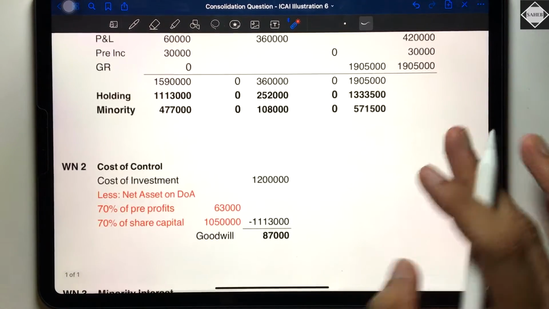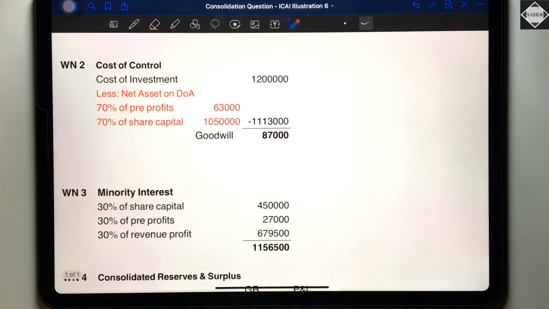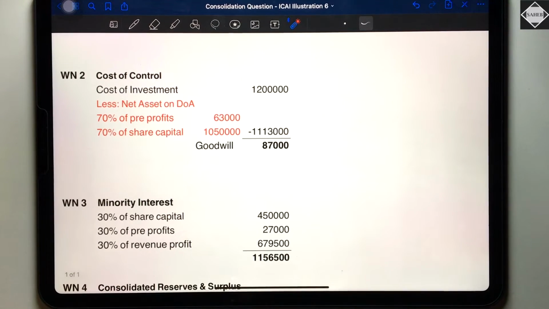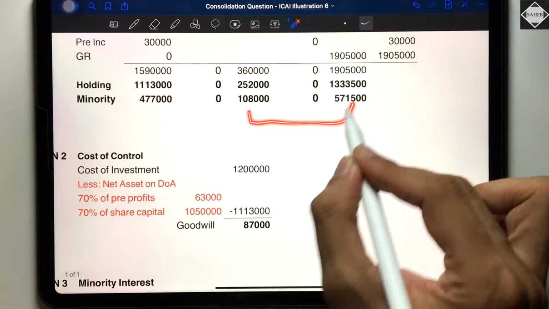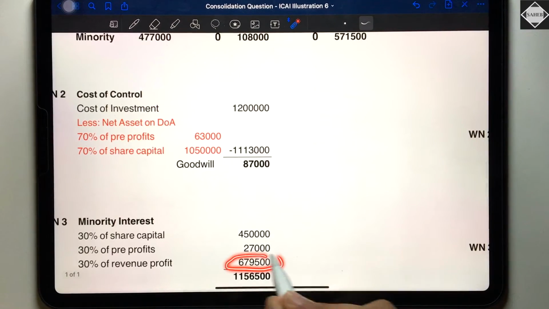Yeah, that's the same thing I have done now. See, 4,77, 1 lakh 8, 5 lakh 77. See here, the same figures are there over here, but it's separately. Share capital separate, pre-profit separate, revenue profit separate. Revenue profit means post profit, these two together. Okay, 1 lakh 8 plus 5 lakh 77,500, that is equal to 6 lakh 79,500. And pre-profits means